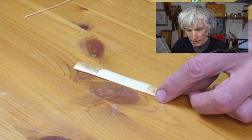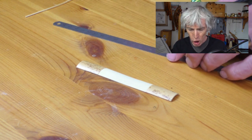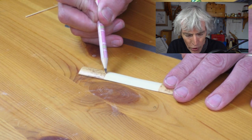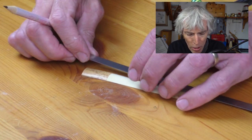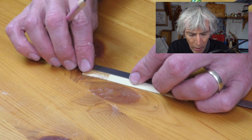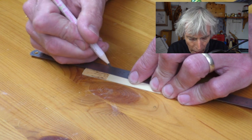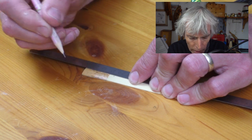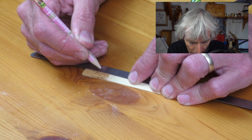Once I've got this cane prepared like that, I take my ruler and I take my sharp pencil. This step between the profiled part and the bark is called the shoulder. And I start off by measuring from the shoulder. So I put my ruler on the shoulder there, and I measure 5 millimeters on the profiled part of the cane. I've just put a little mark there, and then again measuring from that shoulder, I measure 7 millimeters on